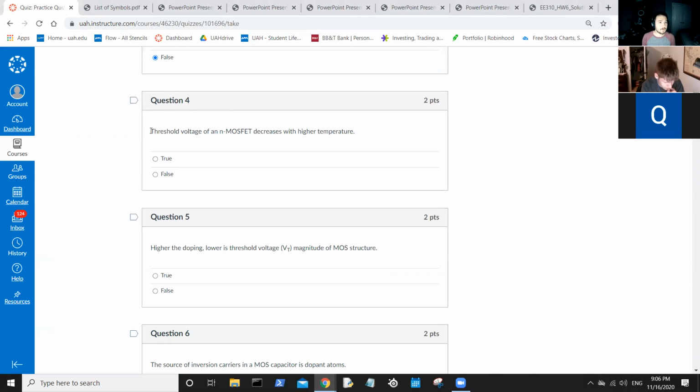Question 4, threshold voltage of an N MOSFET decreases with higher temperature. Is that true? I believe that's true. Threshold voltage does in fact have a relationship to temperature, and it's an inverse relationship. Higher the temperature, lower the threshold voltage. And I believe that's the case because when it's an N-type MOSFET, it is doped with acceptors. So